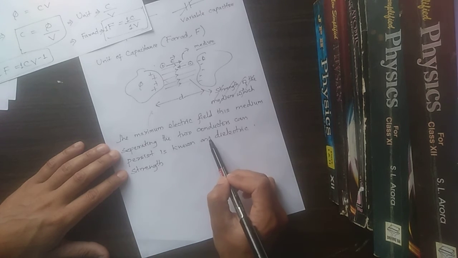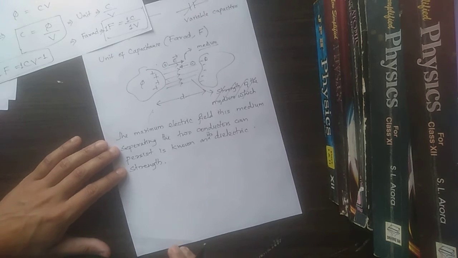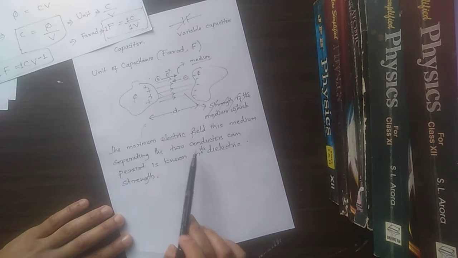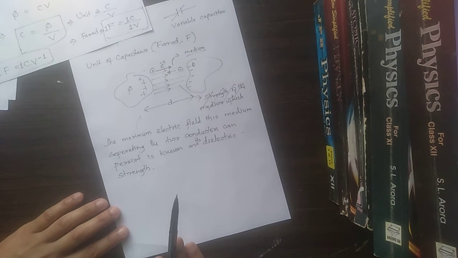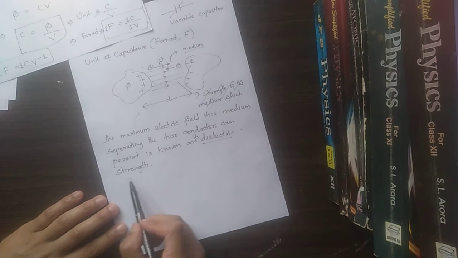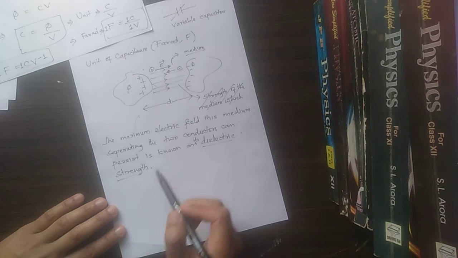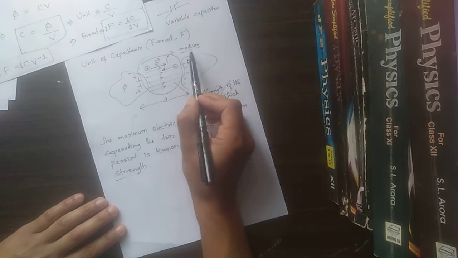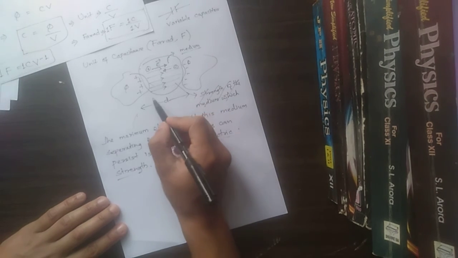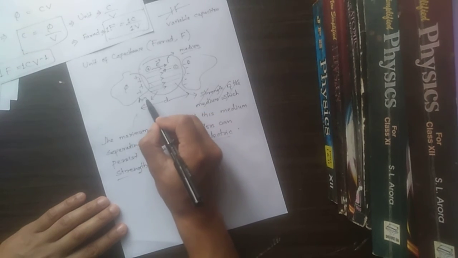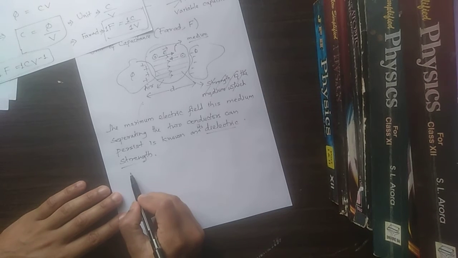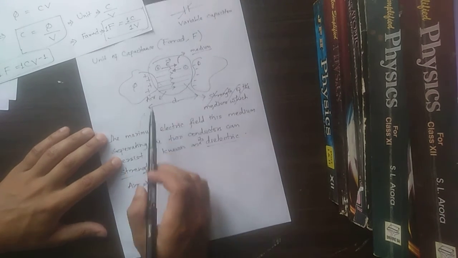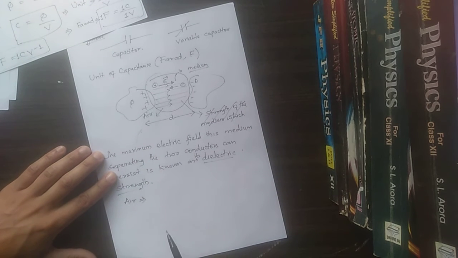Its dielectric strength. So the maximum electric field this medium separating the two conductors can persist is known as its dielectric strength. Suppose this medium separating the two conductors is air. If the medium separating the two conductors is air, then